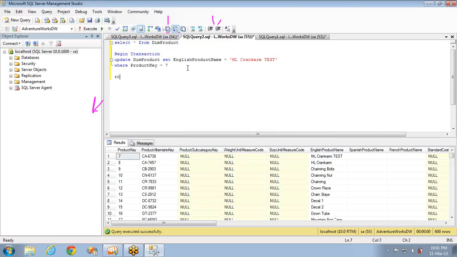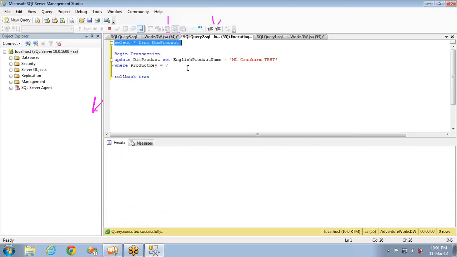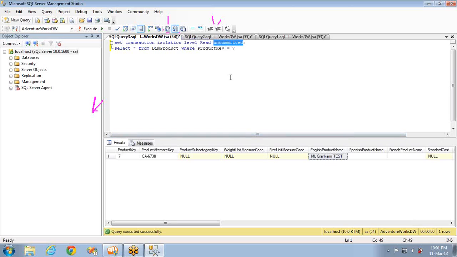Now if you go back here, roll back transaction. I'm rolling back the transaction. This is done, this is successful. And if you see the data, this particular record is rolled back. But by the time, this is the data that was available to the other guy. So if you observe, read uncommitted won't bother whether the other transaction has committed the changes or not. It will read the data that is present in the database.